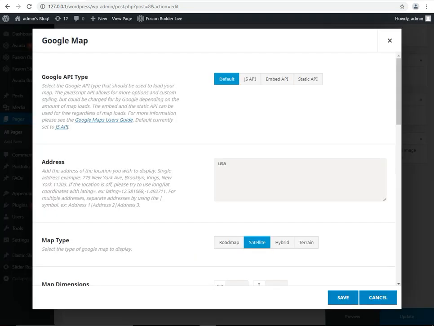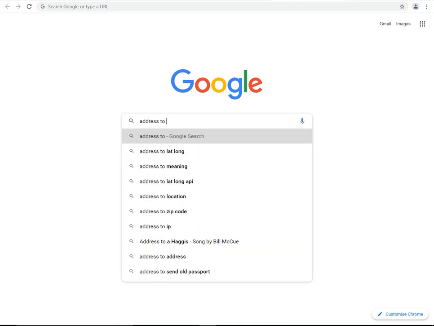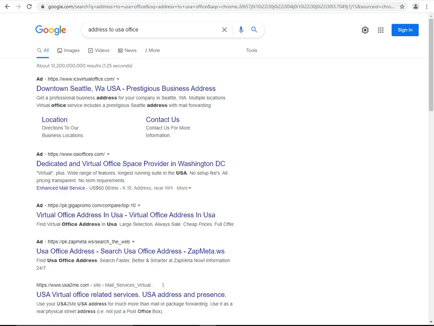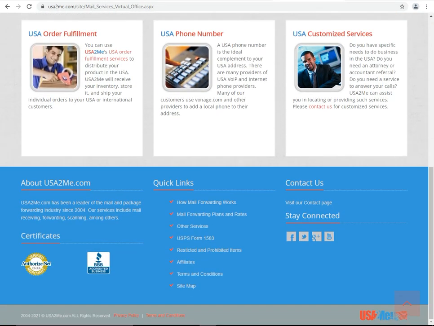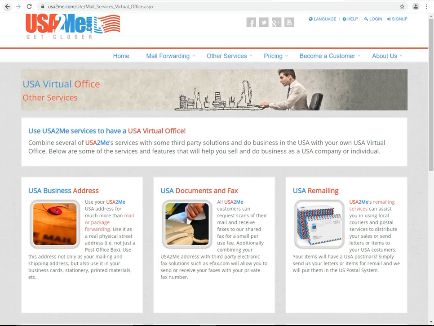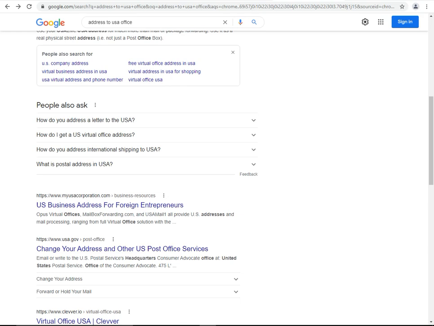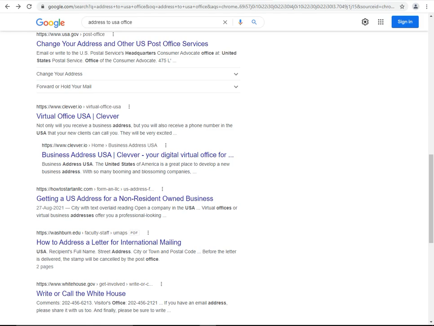We find the best address from Google, like the address of the USA office. Downtown satellite address. Oh, what is this? We tried different types of address, but none is available at this time.